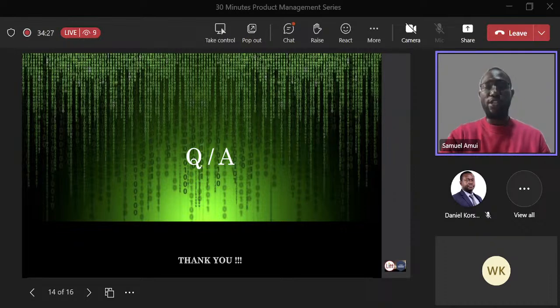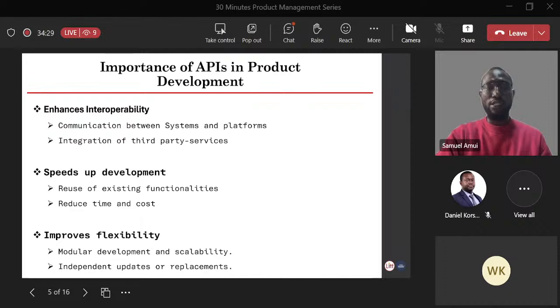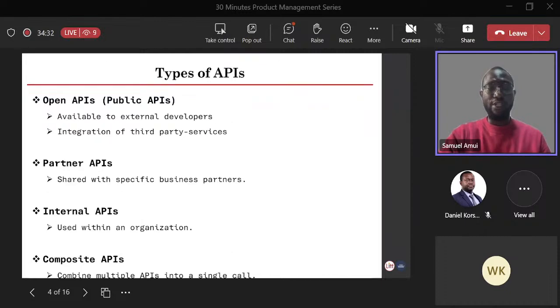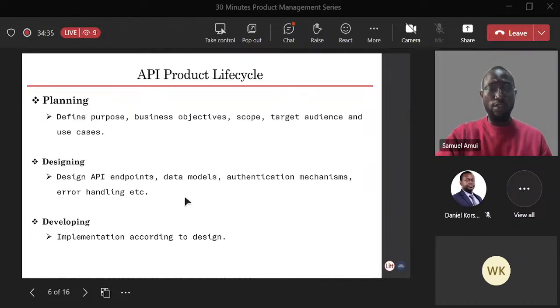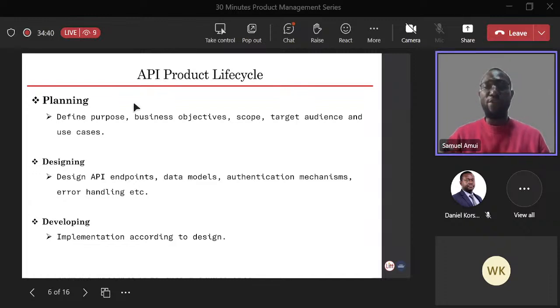When I spoke about the life cycle of APIs, over here, immediately when we are planning for the API, we take into consideration the business objectives. So depending on the business objectives, you are going to generate your subscription model. There are some people who have, let's say, a standard version, where the standard version just gives you surface level. There are some people who have, let's say, bronze, gold, diamond, and all of those things. So it's dependent.